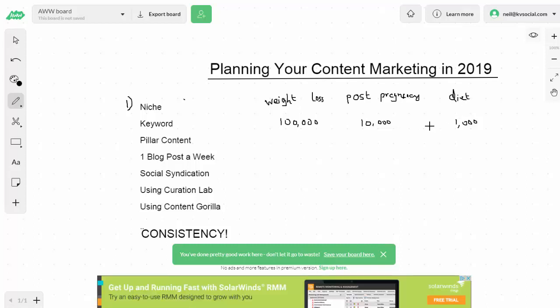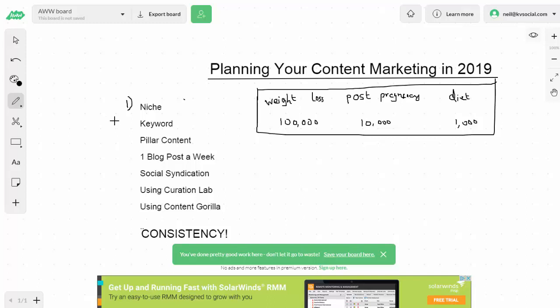I know it's a really long keyword, like a 5-word keyword, and you think, Neil, anyone can rank for this 5-word keyword. Yes, with the training and the tools that I'll show you, you will be able to. But my point is that you're going to have much better results trying to get traffic from much smaller keywords to begin with. Now, all this is important as well, and we'll cover this in our posting strategy when we come to it. So pick your niche and drill down to your sub niche, and that will give you your keywords.